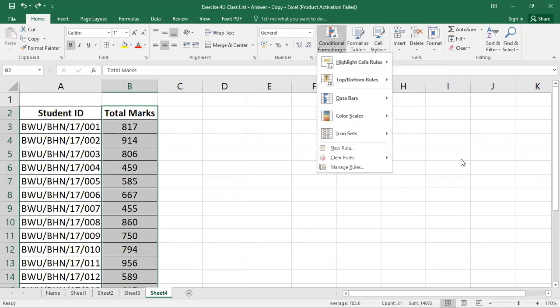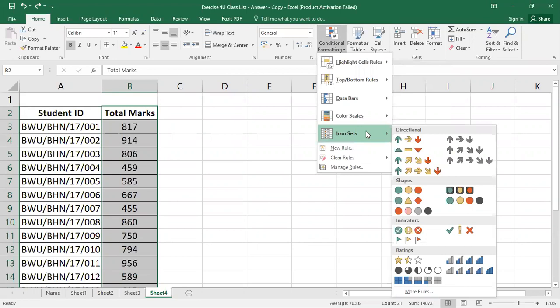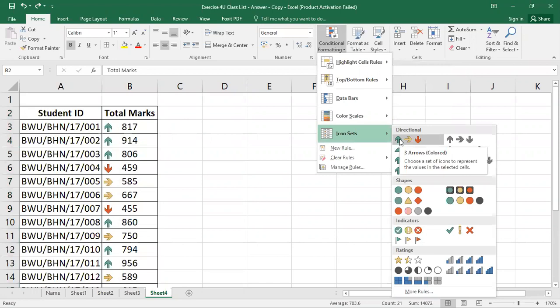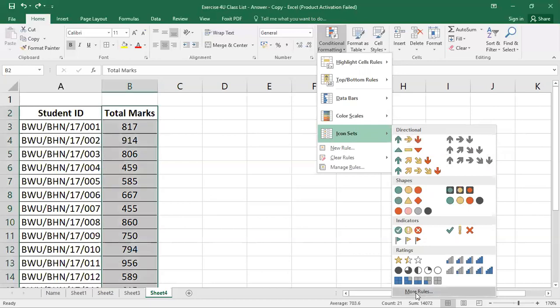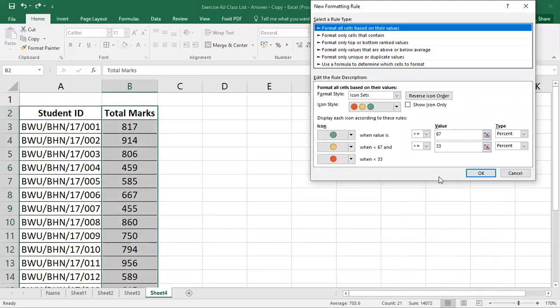In that particular case, if we go to the conditional formatting, look here, the icon sets. If I select this icon, it will show you that automatically 750 is a side arrow and 455 is the up arrow. So here is a default rule. Basically, if we go to the more rules section, it will show you that when the value is greater than or equal to 67%, it will show green.